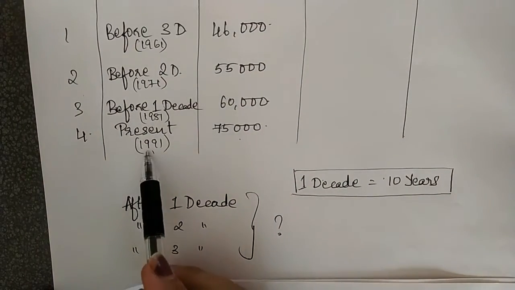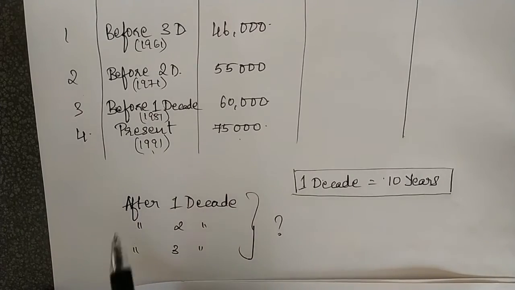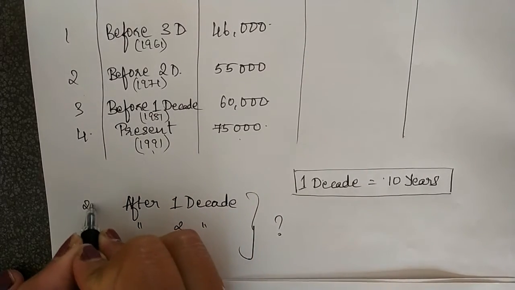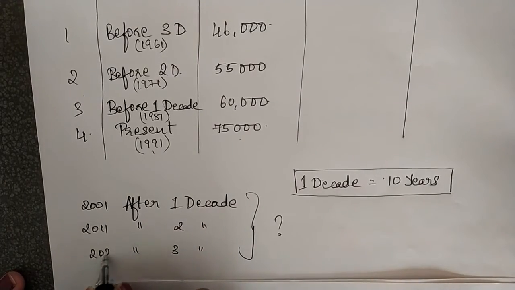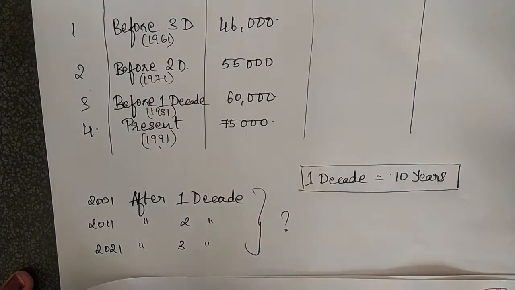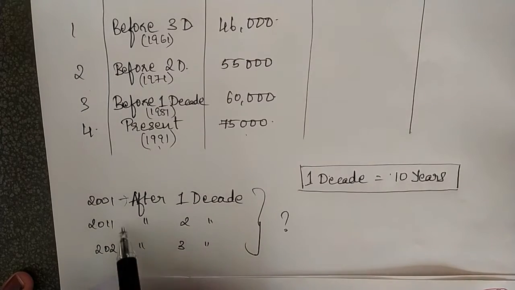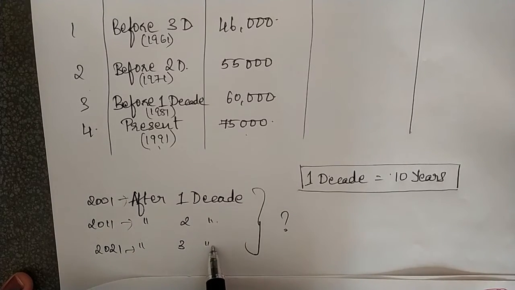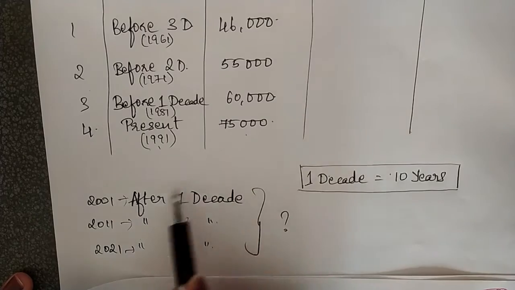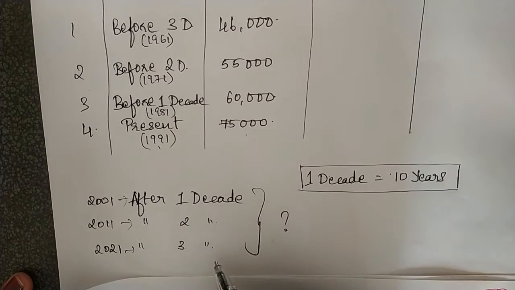In case I go with the years here, if I am confused, how would you write it? I need the population of 2001, of 2011, of 2021. So this is the population I have to find out. The years are not given to me, okay? But I have just made an assumption here. They have asked me in terms of decades here. Can you understand this? So I have to find out the populations of these 3 periods.